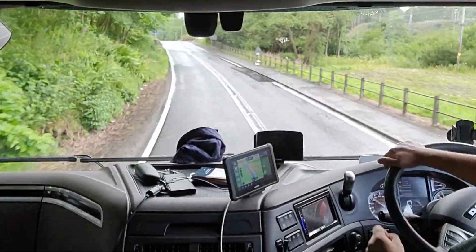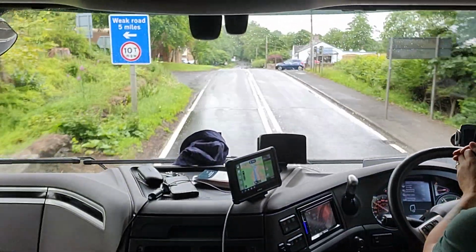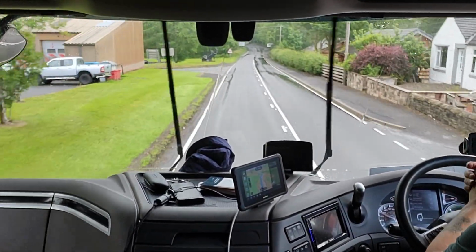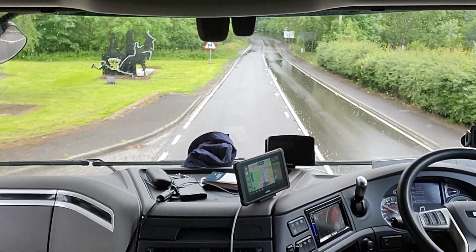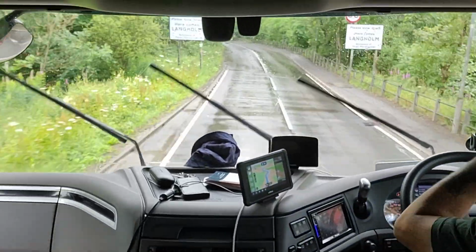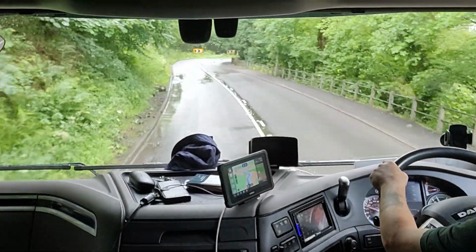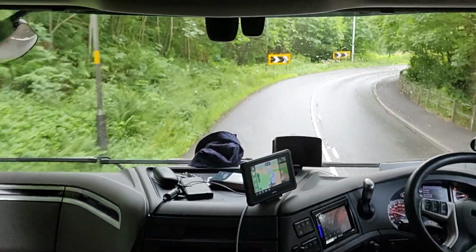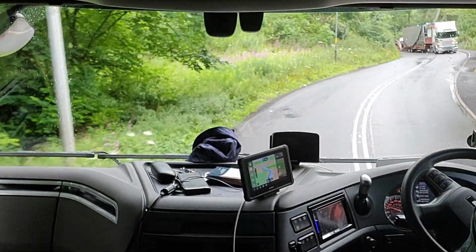Just coming into Langholm now, some mirrors. It gets a bit tight going through Langholm. Not as tight as the other week when I came through, because there were temporary roadworks on through the town centre. Speaking of Cavaliers, there's an old Cavalier there, you don't see many of them about. Beautiful car, the Cavalier. I really liked them. I like the really old Cavaliers, like the Cavalier SRIs. They were good ones, like the A, B, C and D reg ones. I think they stopped them at about E reg or something like that, and then we started getting into just